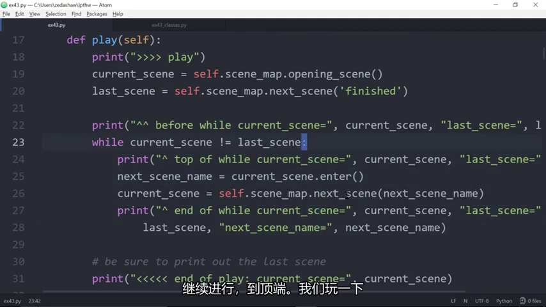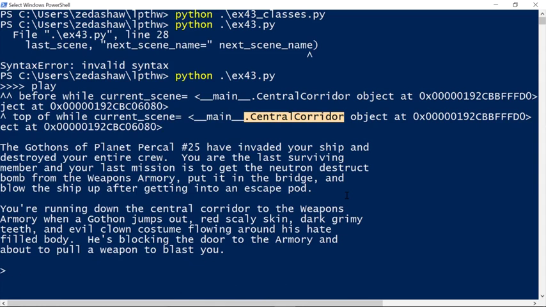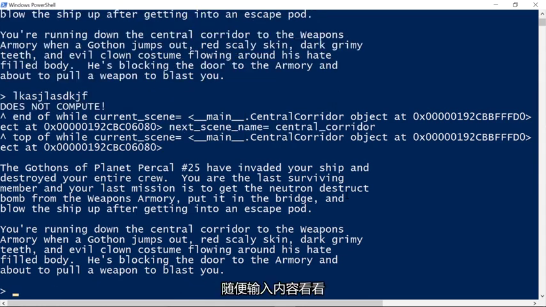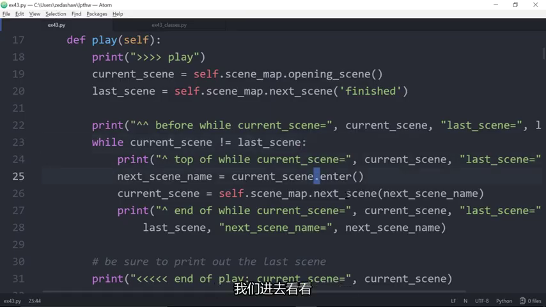Go back up to the top. So let's play it. I'm just going to type some garbage, see what it does. Okay, so it goes "does not compute." Goes end of while, and current scene is central corridor. Top of while, current scene is still central corridor. Okay, so then let's go look at